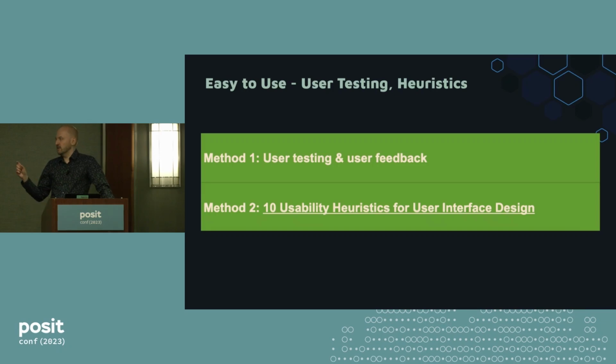And the most important thing is that we don't want to explain it to users and ask what they think. We want to see them use it with minimal explanation and then talk about it. So that's the gold standard, user testing for us. But of course, there are also other ways. So we like to use this list of 10 usability heuristics by Jakob Nielsen. That's an article that summarizes how to make apps that are easy to use.